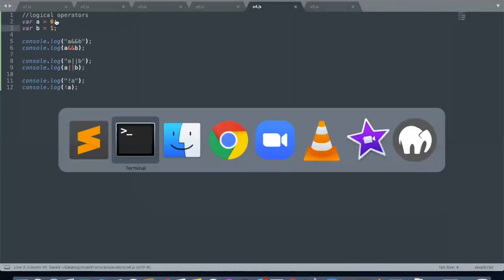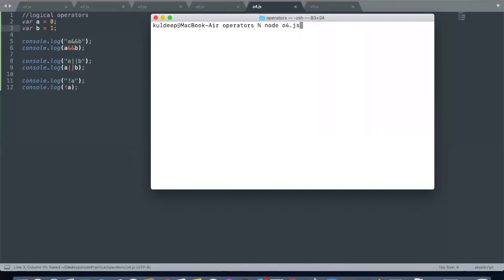Now you will get more clarity about the answer. Now guys, A is 0 and B is 1. So 0 and 1. Why am I getting 0? Because the first value is actually 0. So if the first is 0, I'll get the 0 answer. It will not go for the second one. If the first is true, then go for the second one. The second one is true. That's why I'm getting the 1.